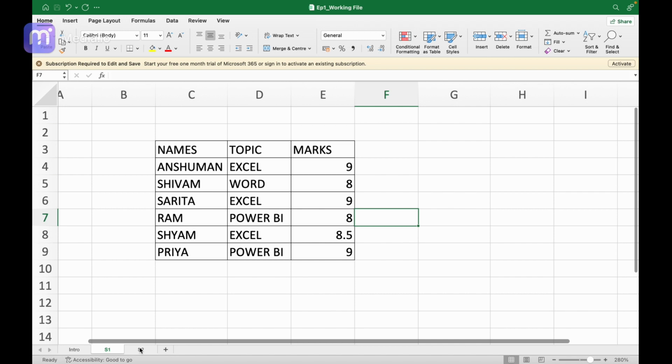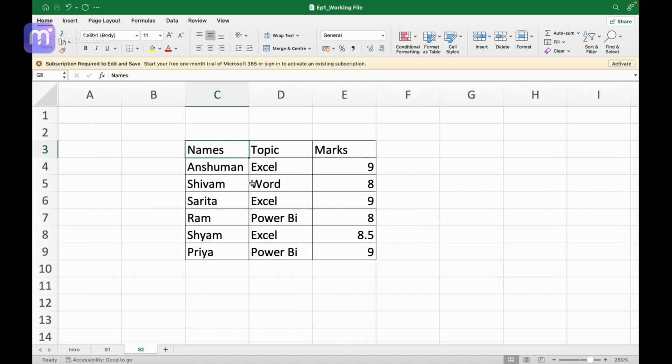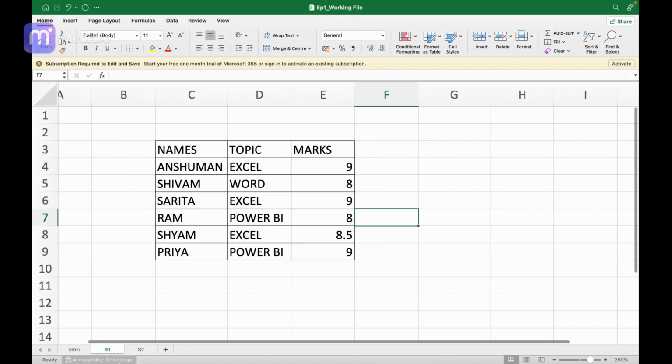Now let's say you don't want to use any function and still want to make your text uppercase. We can do that as well in Excel. Let's move to our second data. We have similar data over here, where we have names, topics, and marks, and everything is written in lowercase letters. However, if you are not going to use the function, you have to compromise on one thing in Excel, which is the text format. If you want to keep the same text format, you can use the formula trick only.